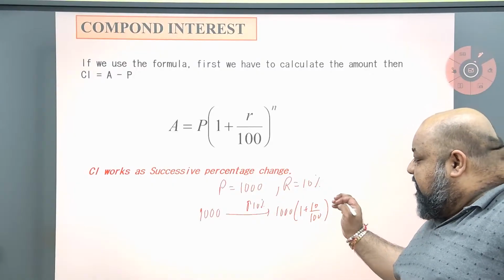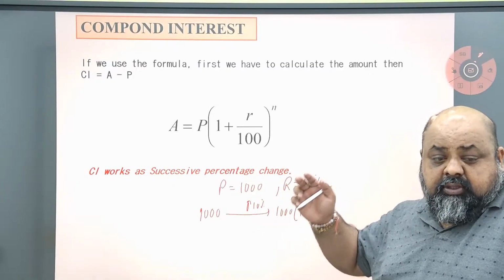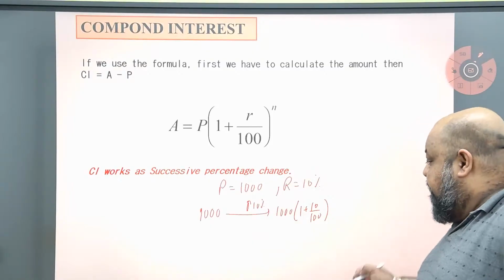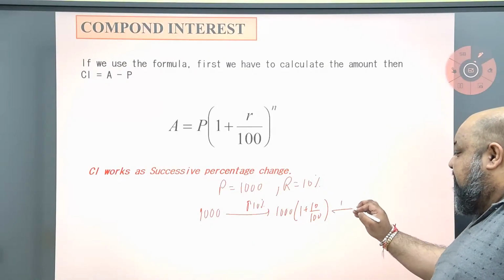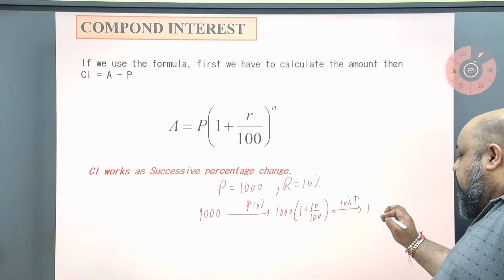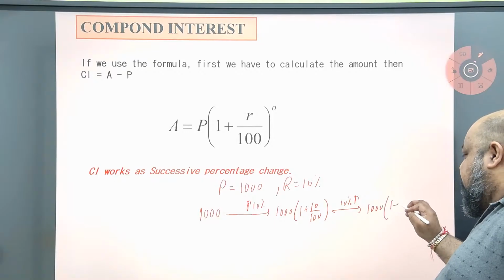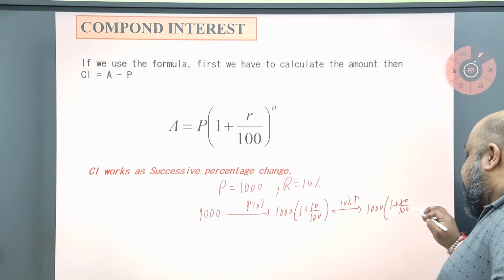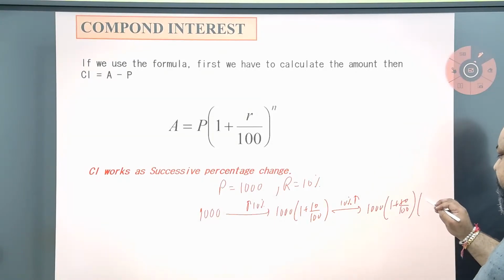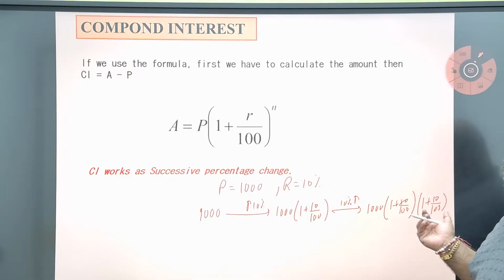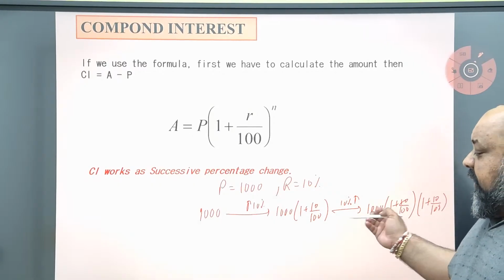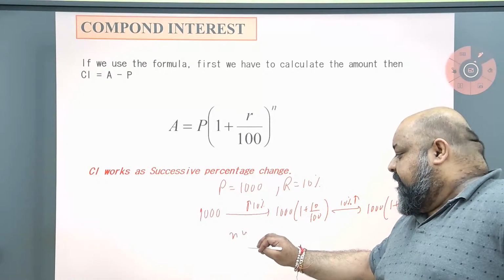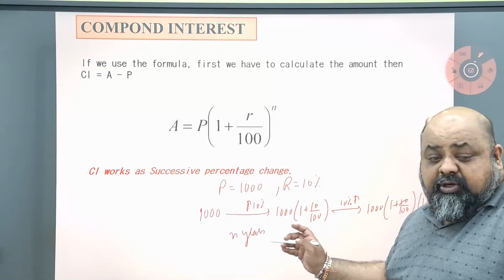In the next year, I will be paid interest on the entire thing that is accrued, the principal plus the interest that is there, and therefore this entire thing will increase by 10%. So, in the original value, we will have another multiplying factor, which will be 1 plus 10 upon 100. And every year this happens, we'll keep multiplying the multiplying factor, and therefore after n years, the final amount due